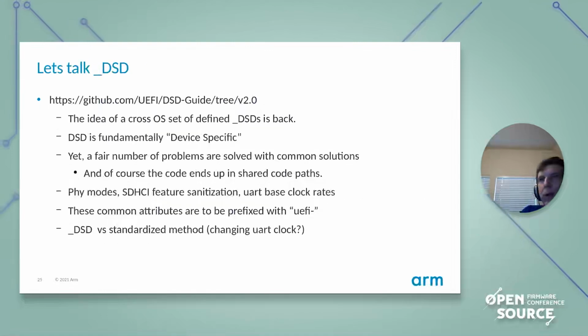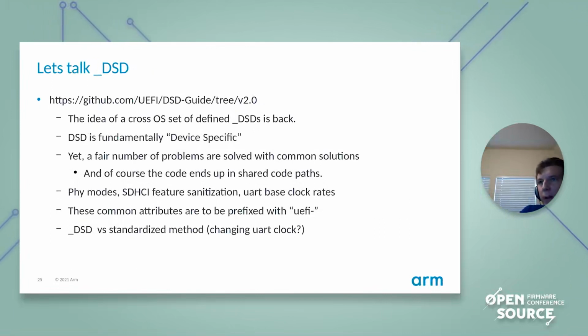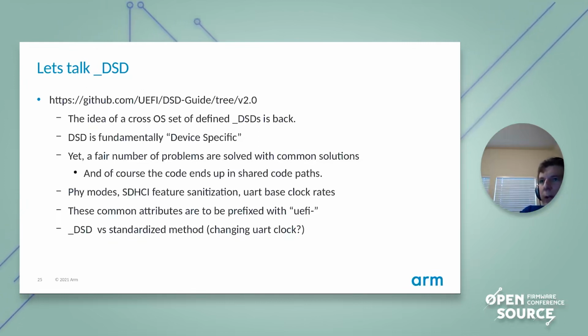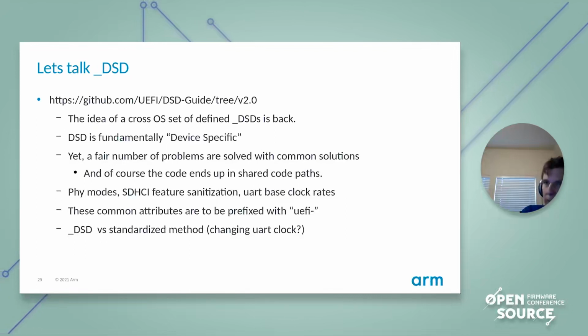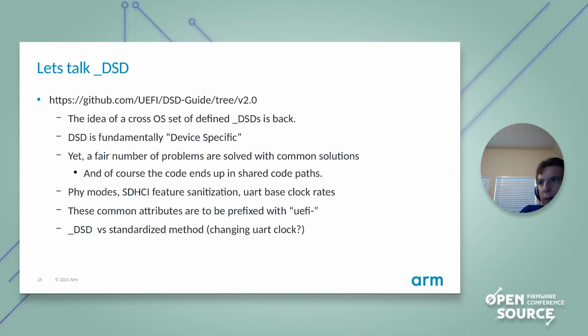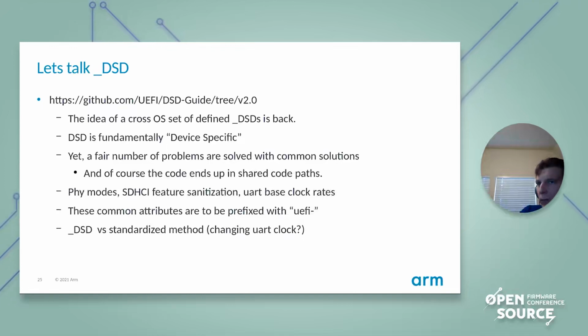So, and then there's been some DSD work. Originally DSD is supposed to be device specific, but a lot of the Linux people have been sort of merging the code using DSDs into core or common subsystems. And so there's been this discussion back and forth about whether or not it should be allowed at all. And some of the examples are UART-based clock rates, etc. And so these are available at the following URL, and the UEFI specified ones are prefixed